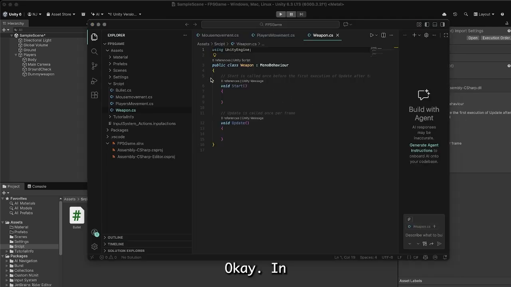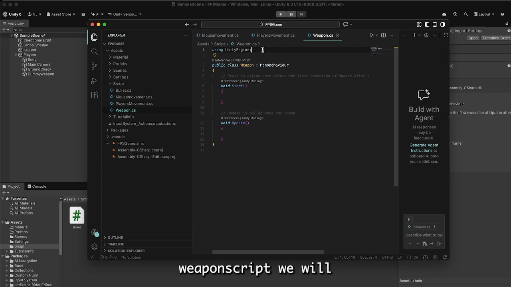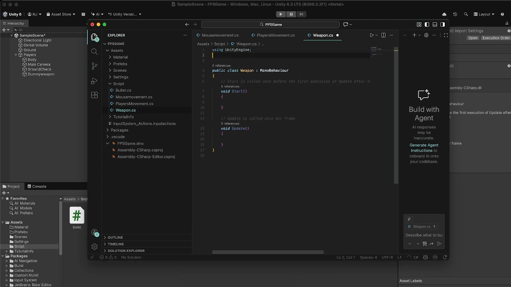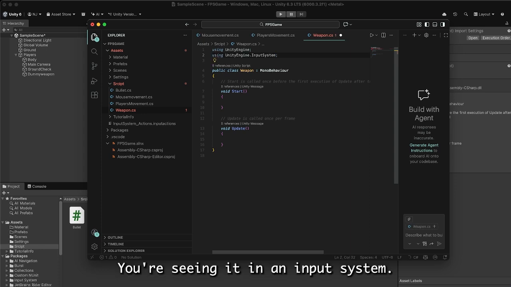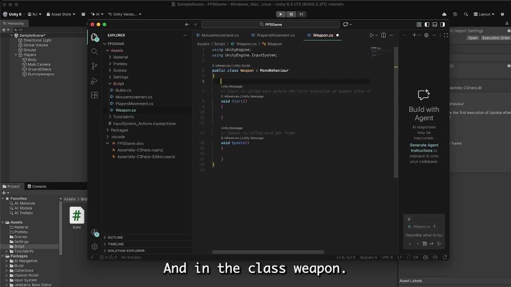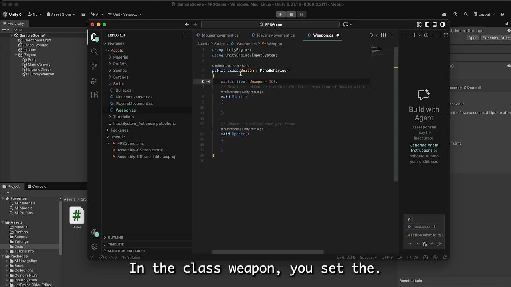Okay, in weapon script we will use the new input again, using the Unity engine input system again, and in the class weapon,